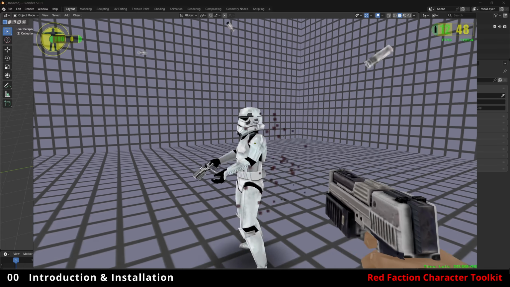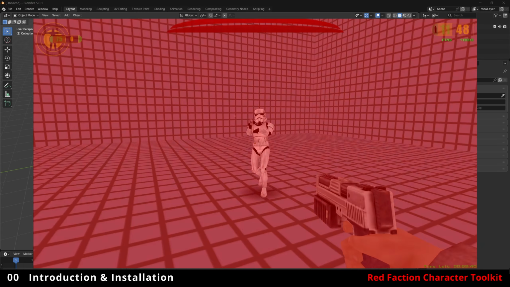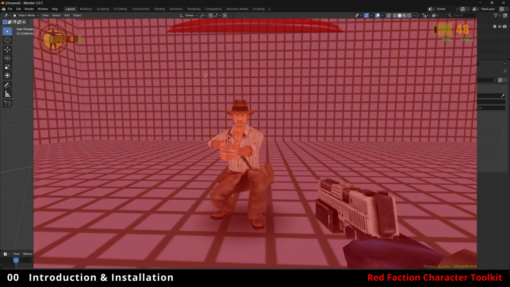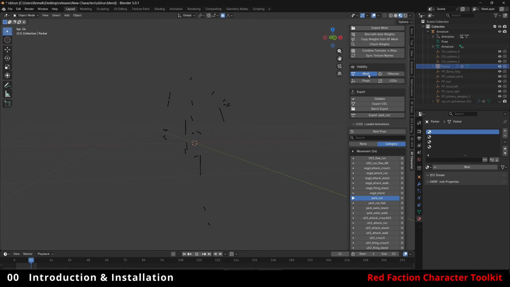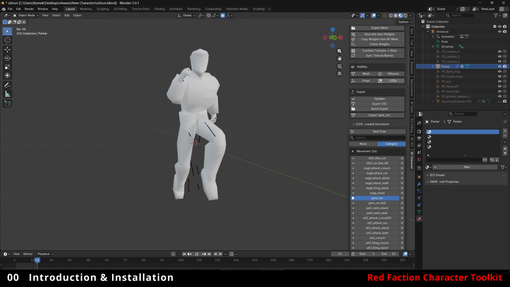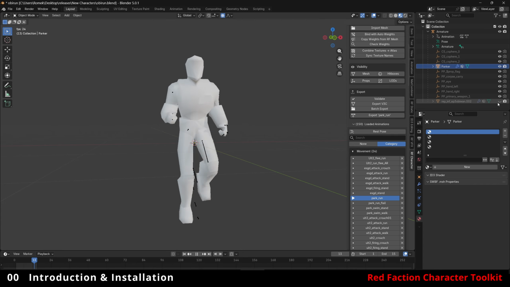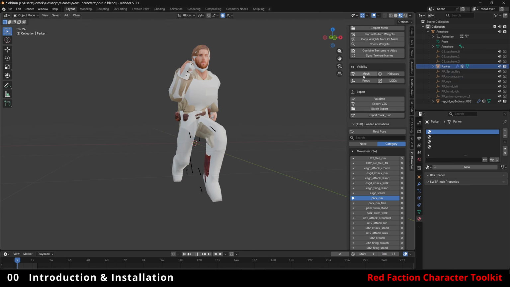Welcome to the Red Faction Character Toolkit tutorial. This is a very quick and easy way to create custom characters in Red Faction. We're going to import a Red Faction character into Blender, and then we're going to replace the mesh and keep